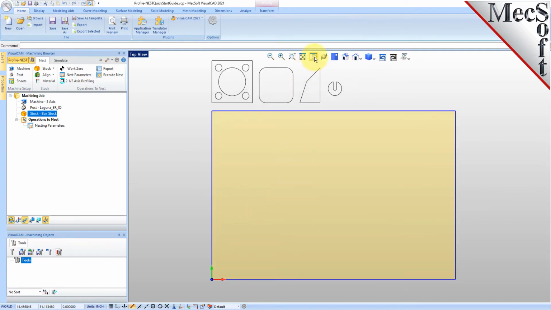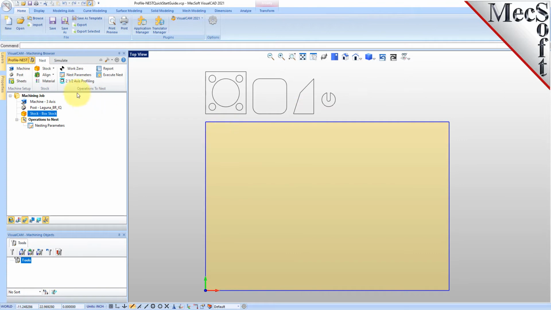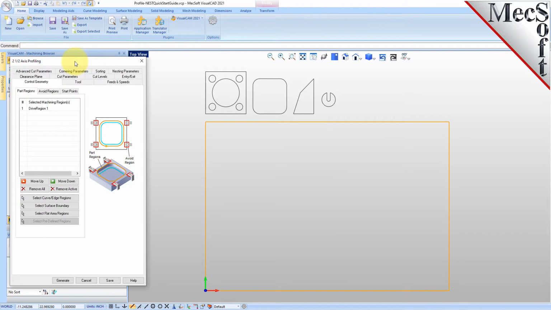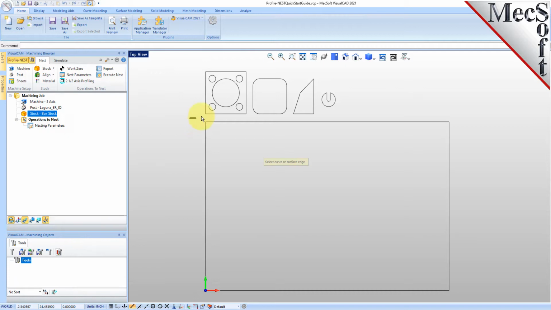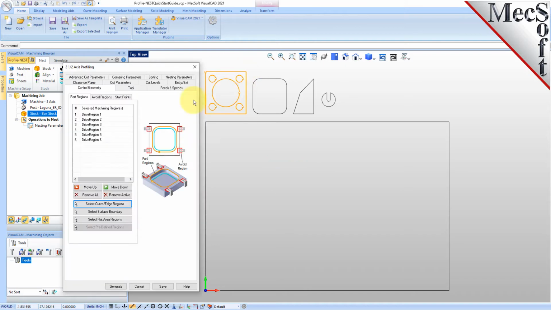We go to the TwoAxis menu and select the TwoAxis Profiling operation. This displays the TwoAxis Profiling operation dialog. For the Control Geometry tab, we'll pick the Select Curve Edge Regions button. Then window select our first part and then right-click or press Enter. We see that the geometry was added to the dialog. Even though there are multiple curves selected, it will be treated as one profiling operation and will be nested as